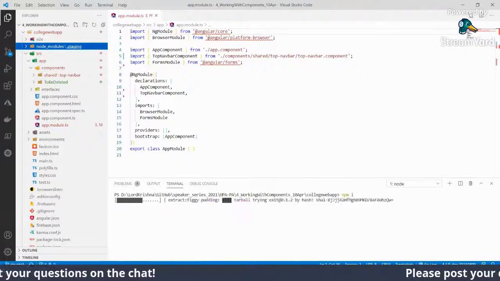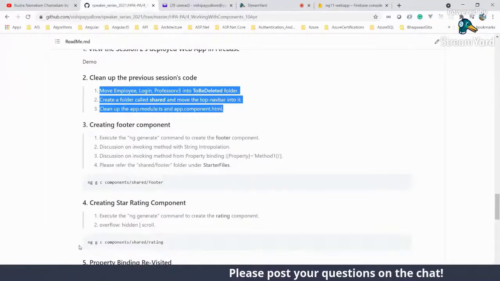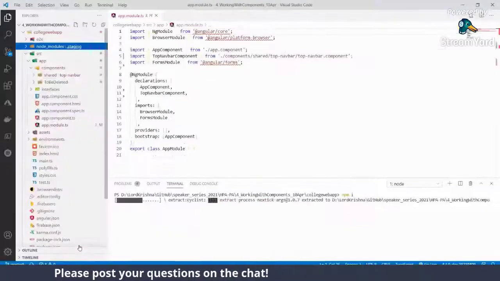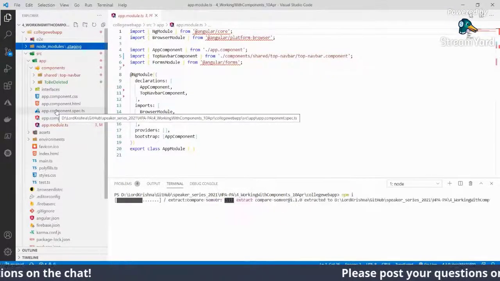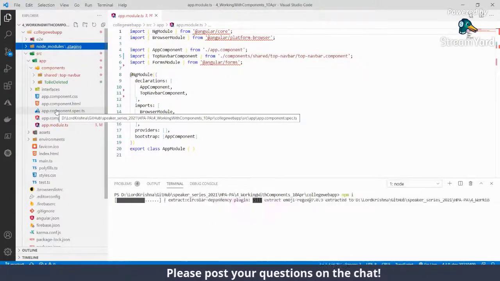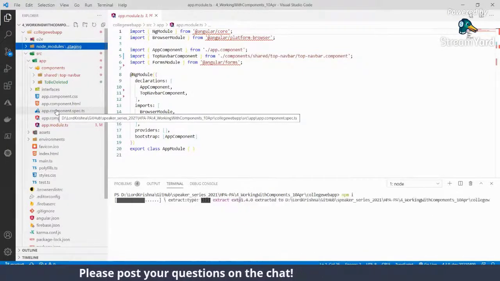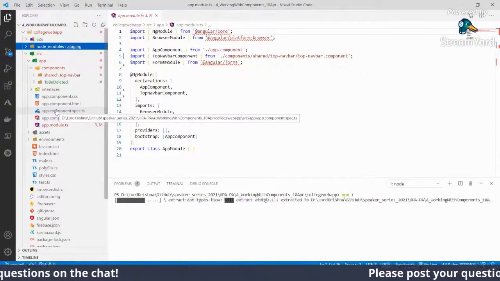While it is doing that, we'll come back and discuss what we are doing. We are doing a cleanup where we saw a bunch of folders hanging around under the components. If you see employee or professors list or login, we don't know under which module this functionality belongs. All are lying on the same floor, flat.